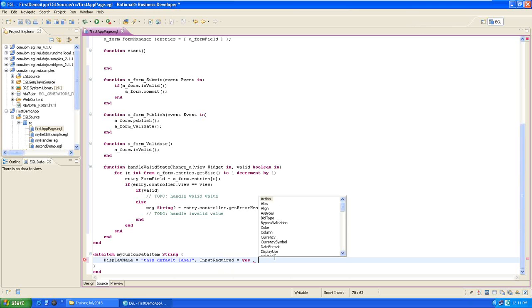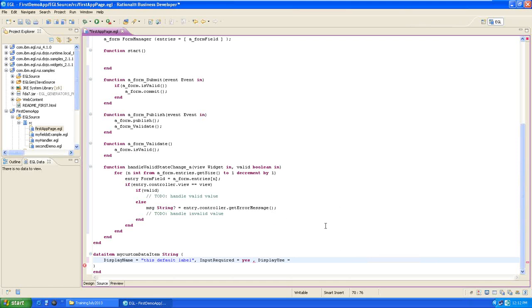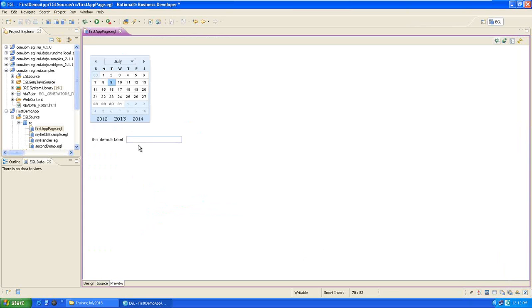I can use another Control space bar, and then I can see, okay, even you can specify display format or display use. Which will be your display use? Either it will be secret or anything. If I select secret, okay, click on the preview. If I type,